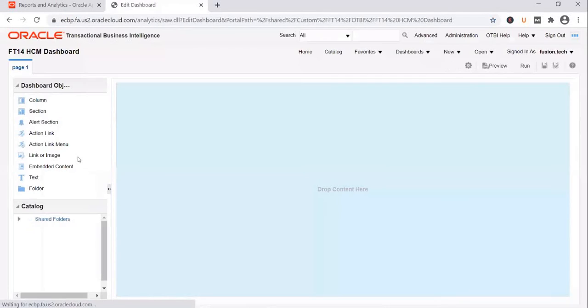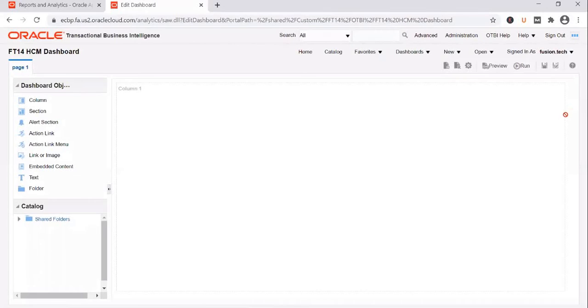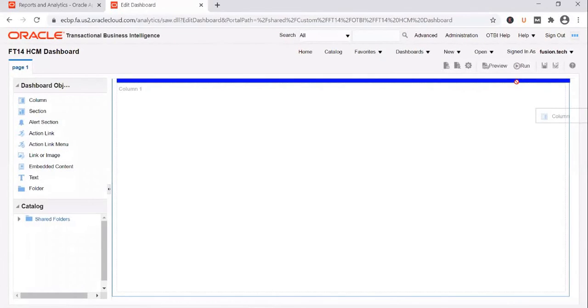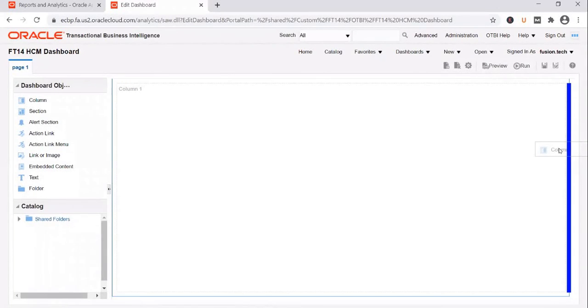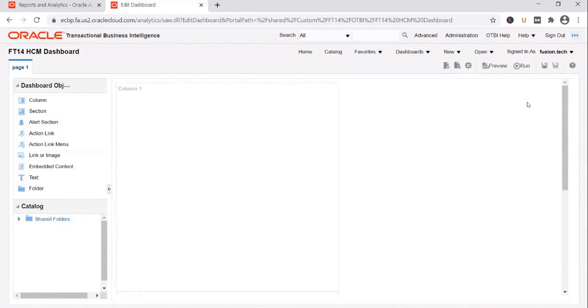And we'll create a dashboard with a blank page. A dashboard with a single page was created. You can add and delete pages using these options. And you can add content here. So it's a blank page, and you can add any of these objects to the dashboard page. You can add in two columns, or you can add in one column. Depending on where you drop it, if you drop it at the top, it gets added as a row. If you drop it here, it gets added as a column. So add it as a column.